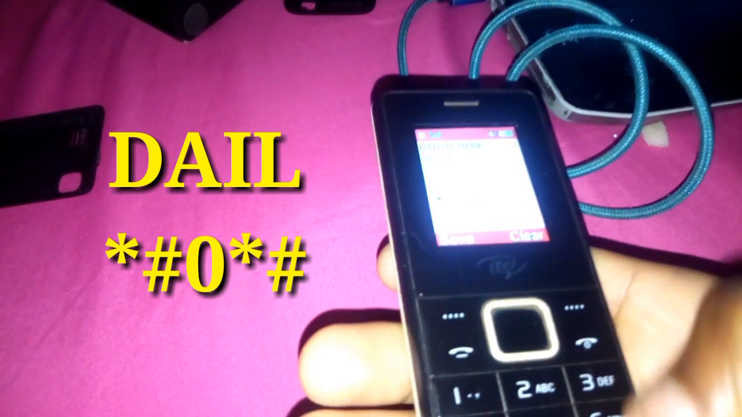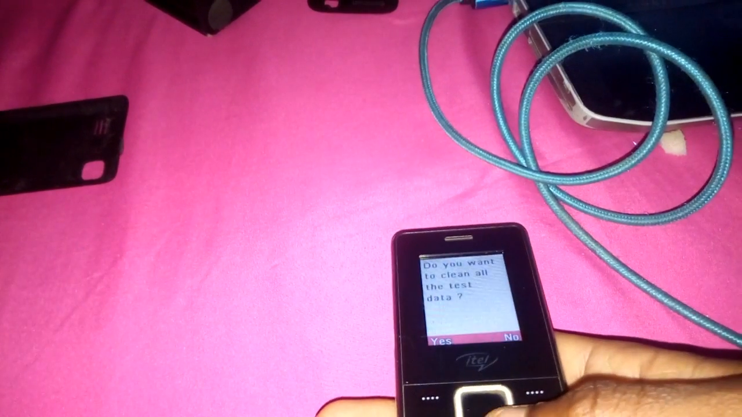What to do? Go back to your screen menu and dial the following code. Click star, hash 0 star, and complete with hash. Your phone will ask you, do you want to format data? Do you want to reset the data? Do you want to clean all the task data? Go and hit yes. The phone will delete the data